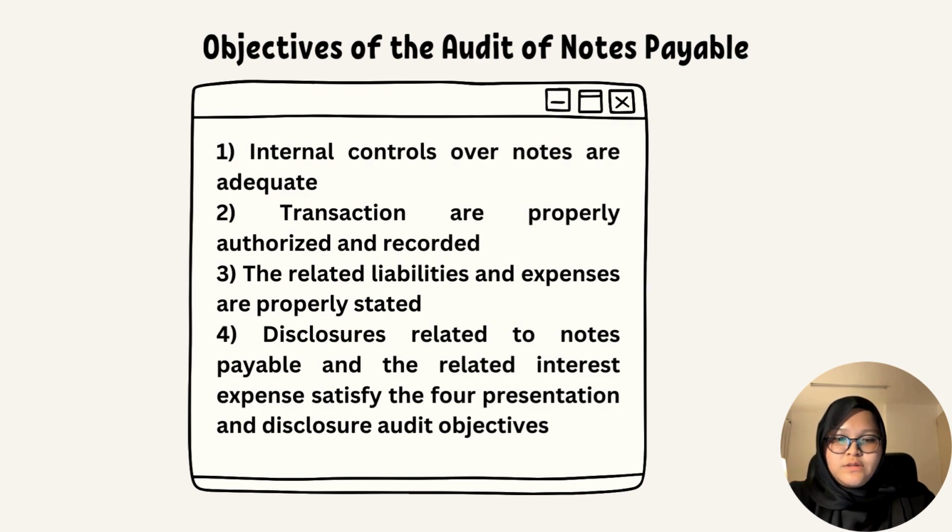For the controls in notes payable, as an example, in terms of repayment of principal and interest, the accounting department should receive a copy of the notes payable, and the accounts payable department should automatically issue a check or an electronic fund transfer when the notes payable are due. A copy of the notes payable is extremely important